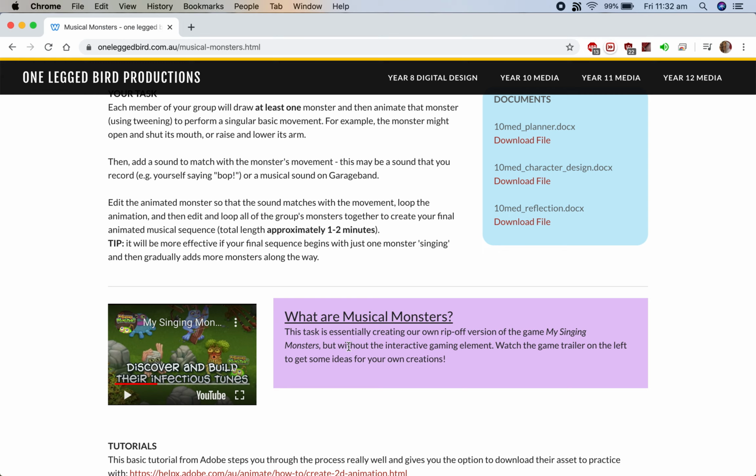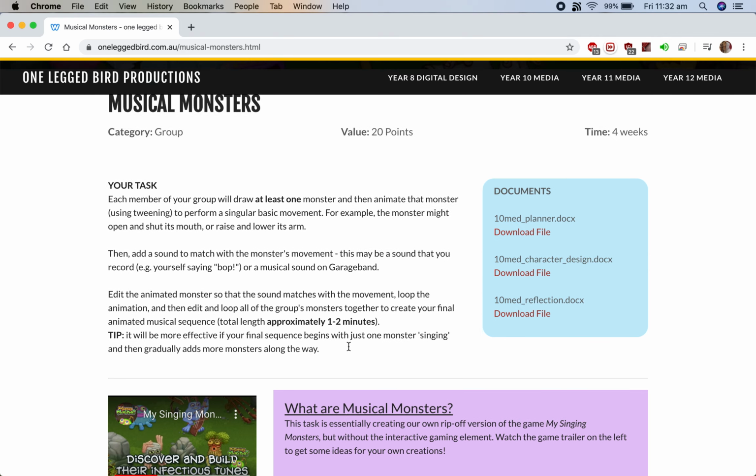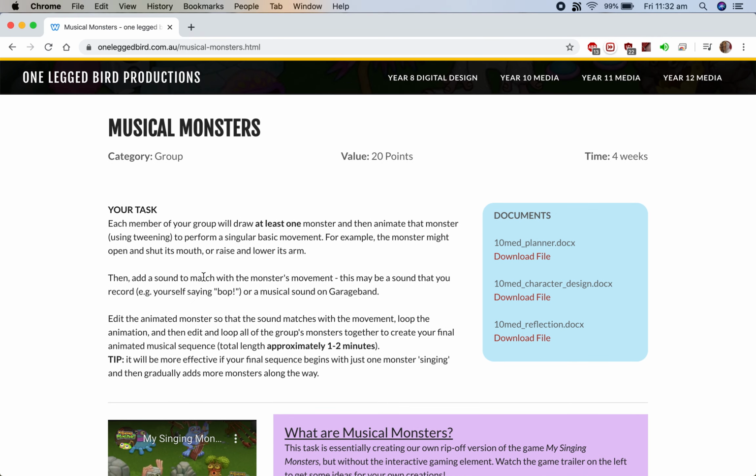character had its own little noise, and then you could basically make little symphonies with each of the characters. So the challenge for this task, the musical monsters one, is to use Adobe Animate to create, draw, and make a basic animation for a little character. This is a group task, and then you join all of those characters together to make a little tune or